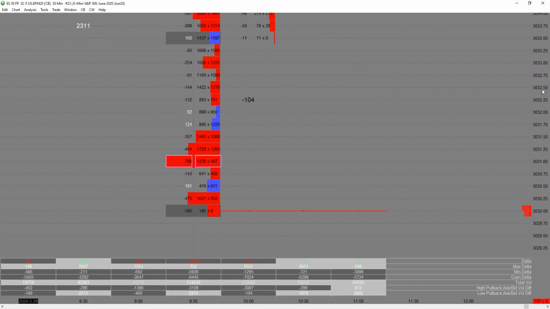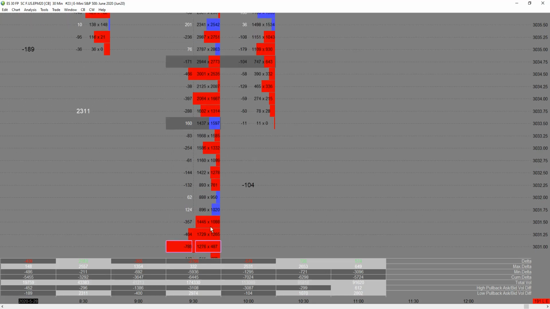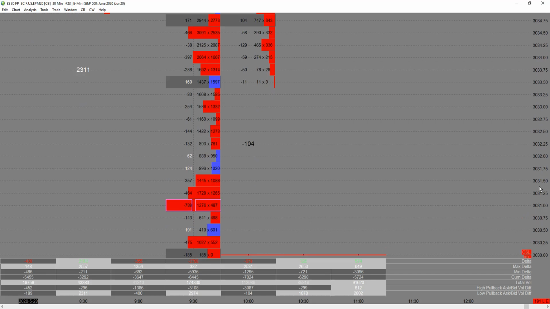be retested right away. You see here, there's a lot of red, meaning sellers were hitting the bids, right? So that's basically a lot of trade occurred on the bid side, bid side, bid side. Again, bid side, a bit more on the ask side, but mostly on the bid side, right? And then when the next candle comes back lower, this level never got retested. So this meant that